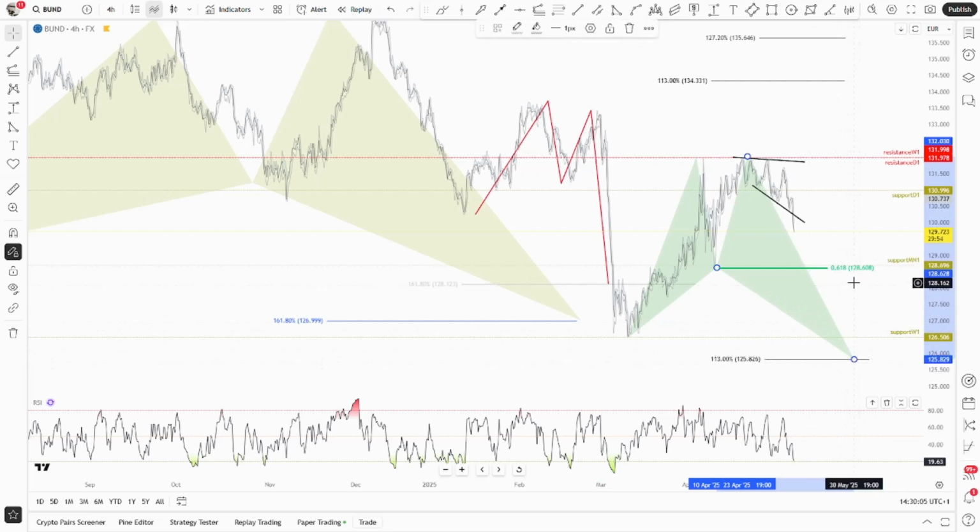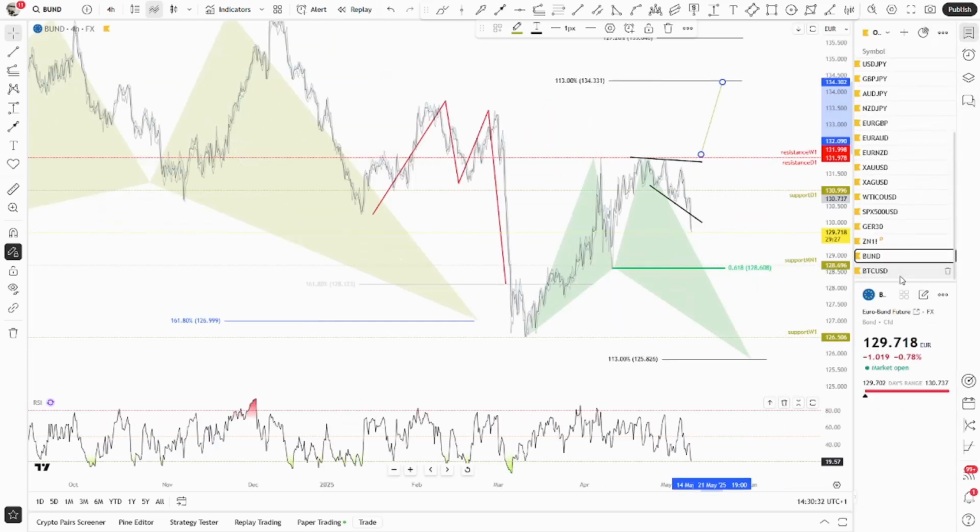But as I said, for now, because I was expecting a violation of the resistance, I need to adapt, and at this point I need to wait for and adjust to the new price structure the price is trying to unfold for me. The market has failed my expectations, so I need to adapt at this point. And finally,